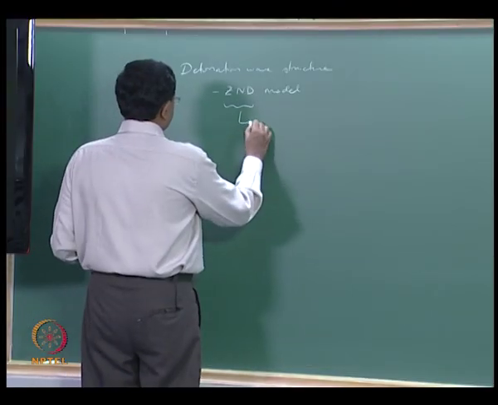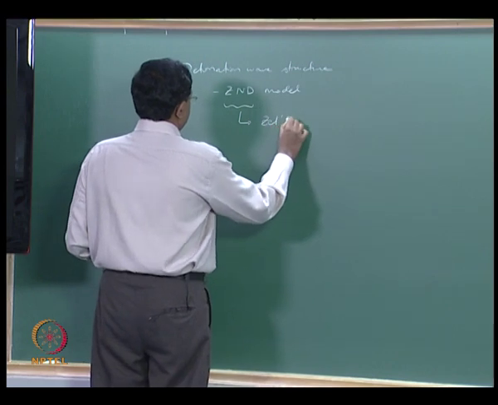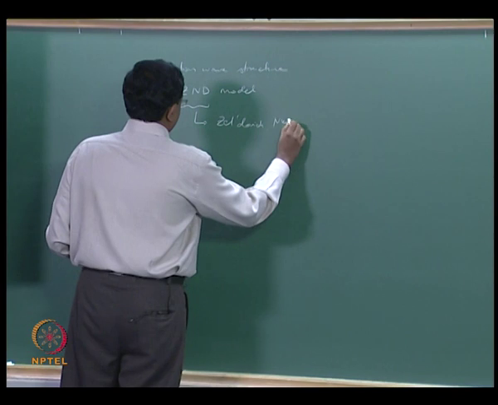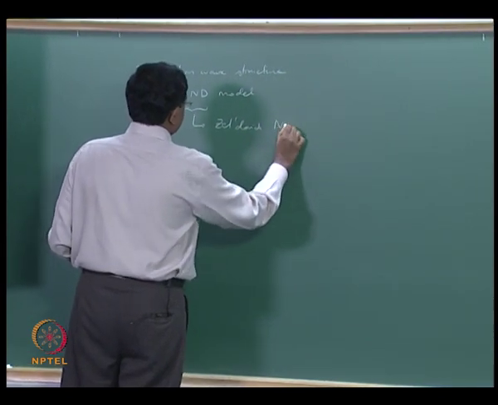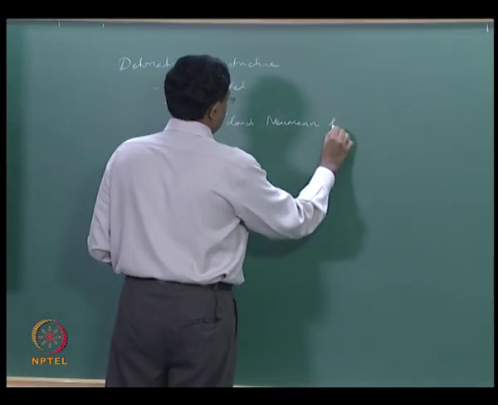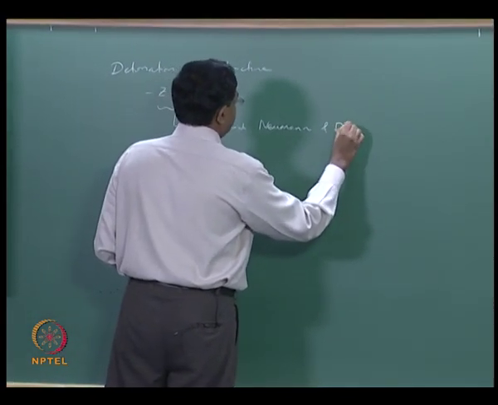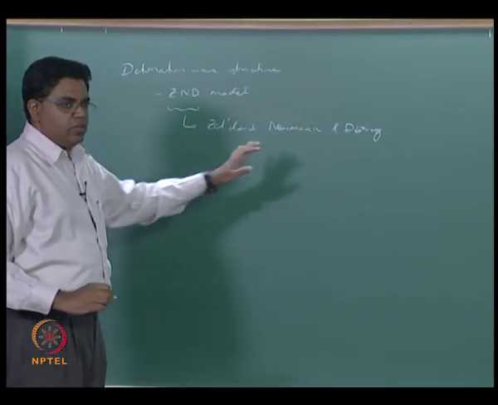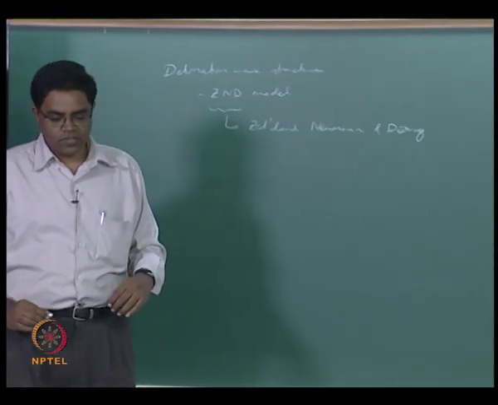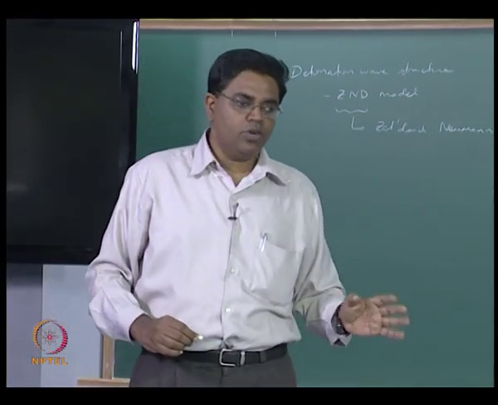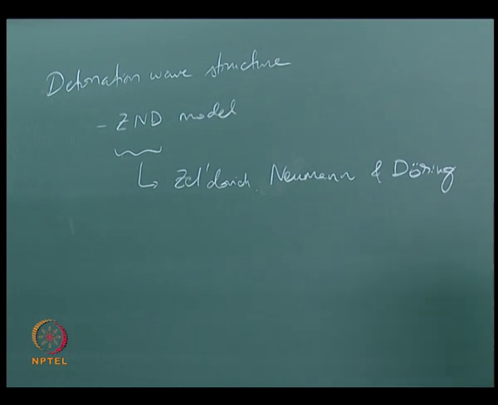So this actually stands for Zeldovich, Neumann and Döring, who independently, all three of them independently evolved this idea in the time frame of about 1940 to 1942. That's around the time frame. Of course there is a